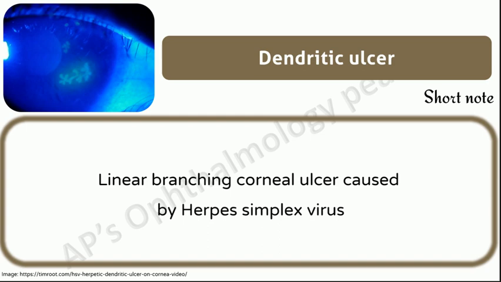It is to be noted here that what you get in herpes zoster are not true dendrites and are therefore referred to as pseudodendrites, as in contrast to herpes simplex dendrites, these pseudodendrites lack terminal bulbs and dichotomous branching and stain poorly with both fluorescein and rose bengal.